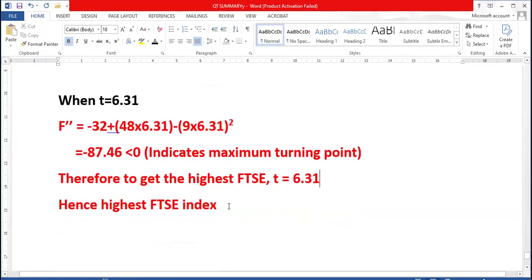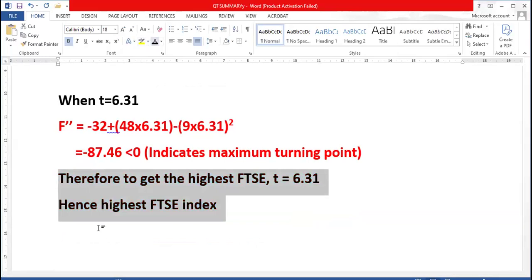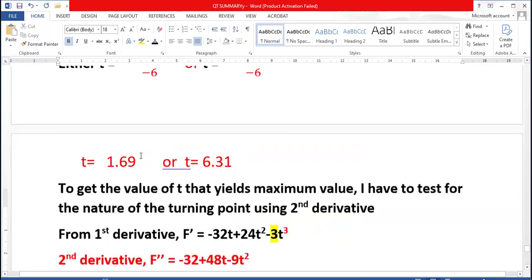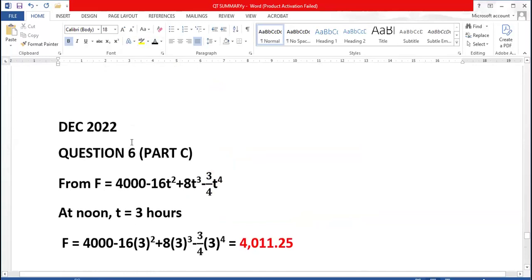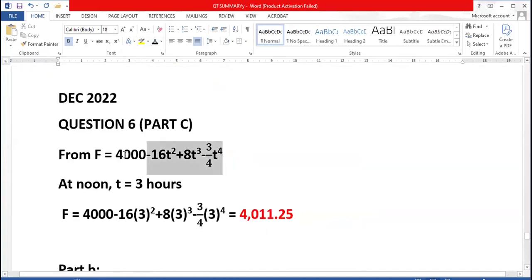Okay, hence the highest FT will be equal to, now we substitute from what we had in the question